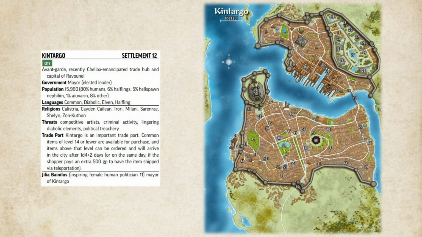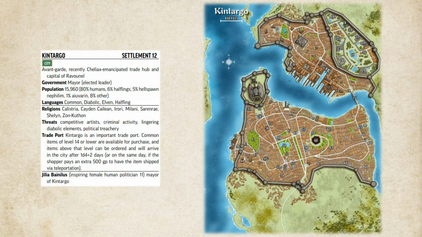With a population of 15,000, Kintargo is comparable to the nearby regional capitals of Korvosa and Magnamar, but benefits from being closer to the beating heart of the Inner Sea region than either of these two cities. For that reason, the city is surprisingly cosmopolitan, offering everything from fine dining and entertainment to a wide variety of magical and mundane items available for purchase in the city's many markets. Of course, the economic sector for which Kintargo is most well known is the art industry.